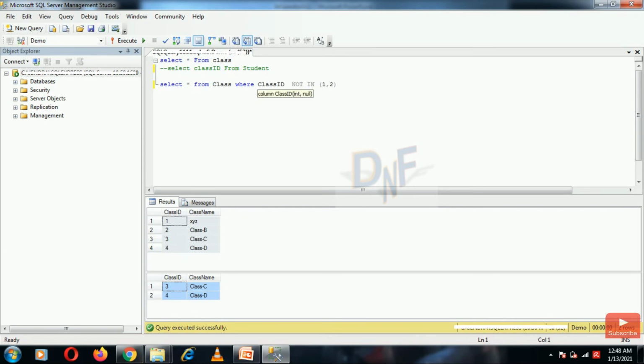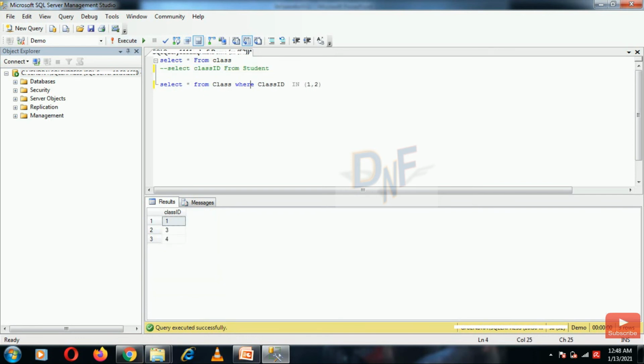In a similar way, we can use a subquery. I put a subquery, like there is another table, the student table, and I want to display only the records whose class ID is present in the student table.